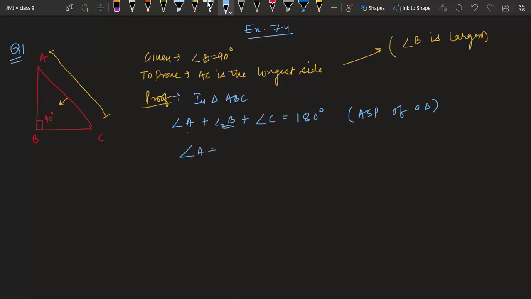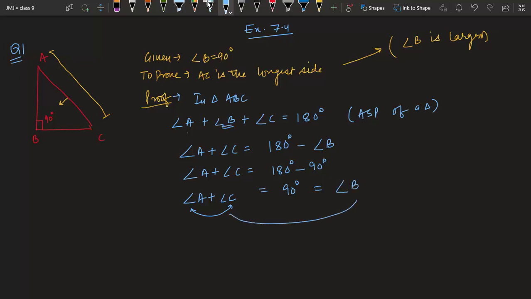So we can say angle A plus angle C is equal to 180 degrees minus angle B, and we can put the value of B which is given to us, which is 90 degrees. So 180 minus 90 becomes 90 degrees. So we have got the combined value of A and C as 90 degrees, that is equal to angle B also. So we have got a relation between angle B and these two angles combined, which says combined A plus C